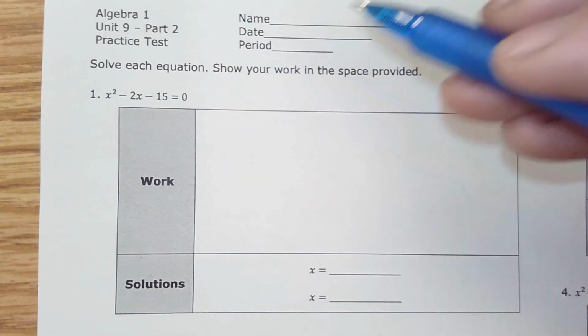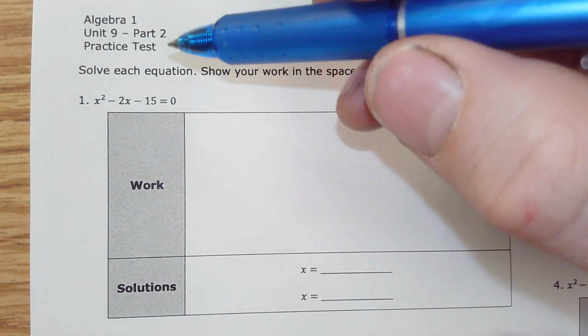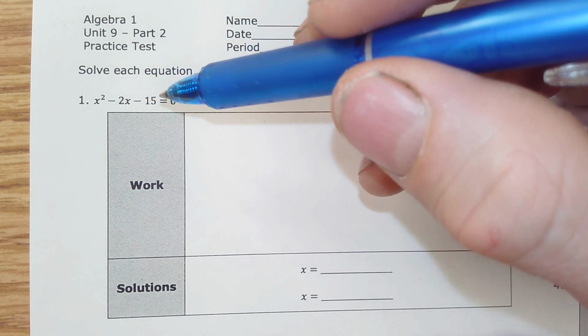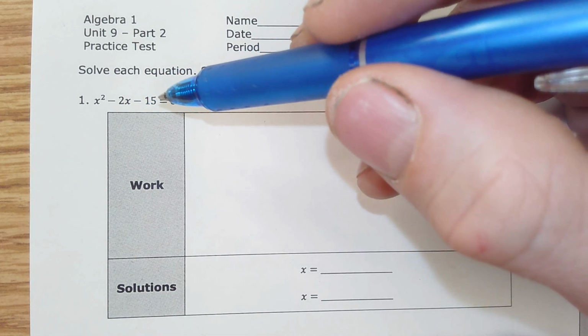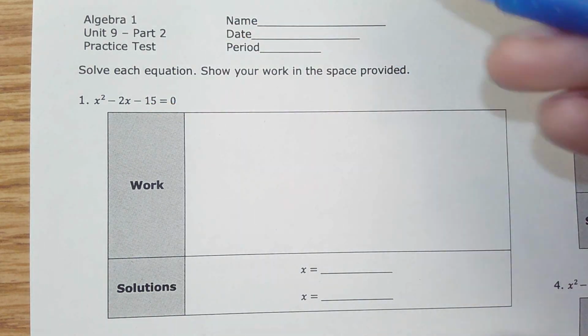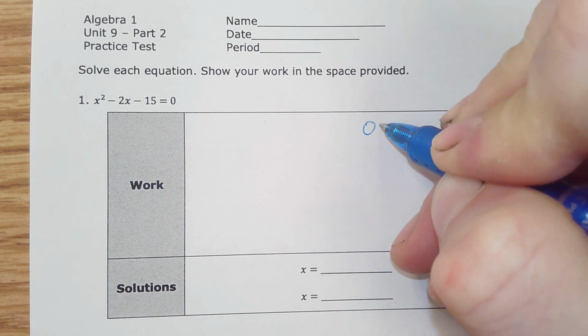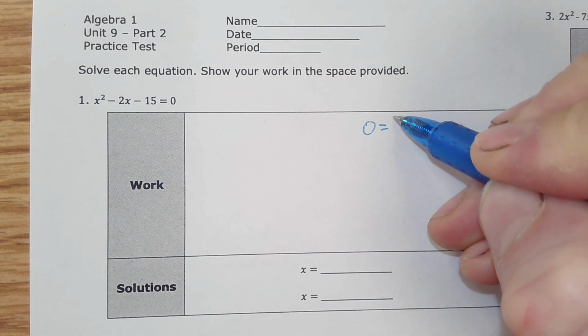A negative and a negative is a positive and a negative, and can I make negative 2 with a factor of 15 with a positive and a negative? Well, I can make 3 and 5, so yeah, I think I can. So let's go ahead and see what happens. So I'm going to say 0 equals,